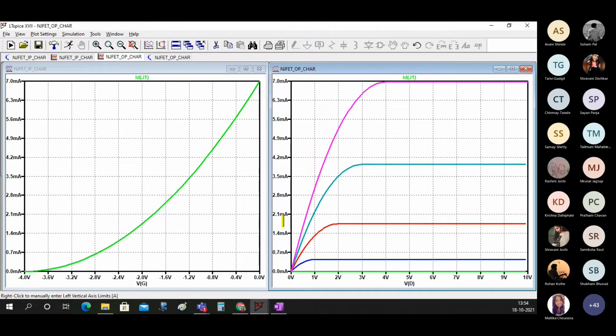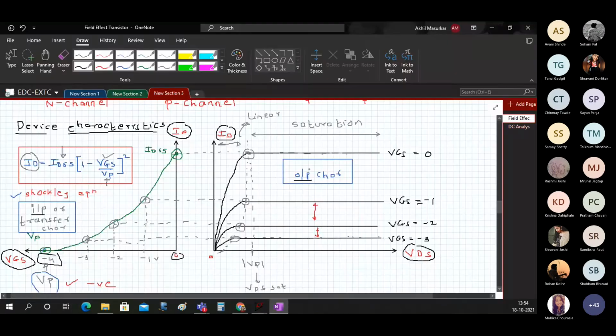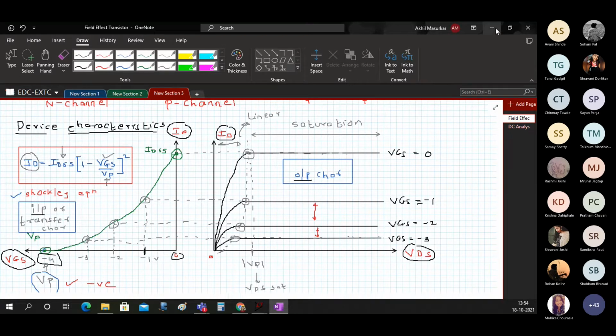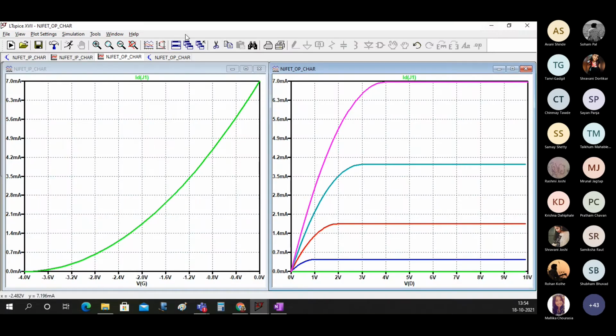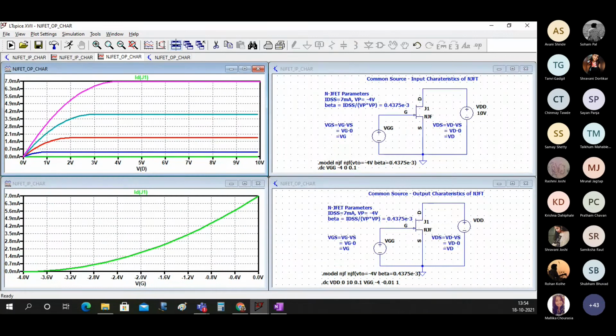So VGS equal, you can see that here we'll have 1 volt somewhere here. So this point will exactly come near this point. So that's what we have actually seen here. This 1 volt, if we extend on this axis and take it here, it will be for VGS equal to -1. So like that you can compare your own results.